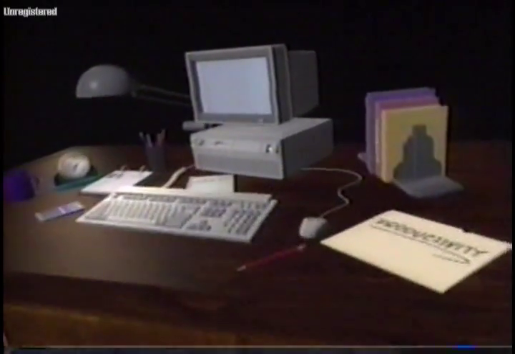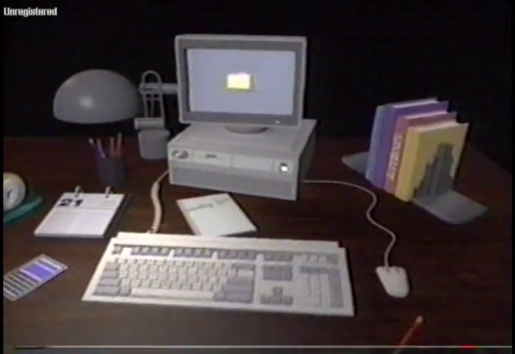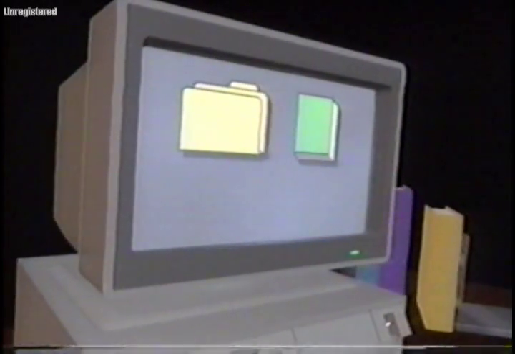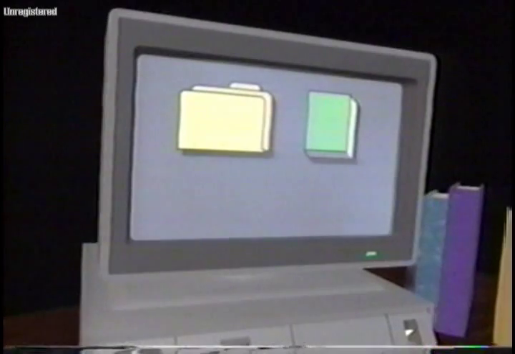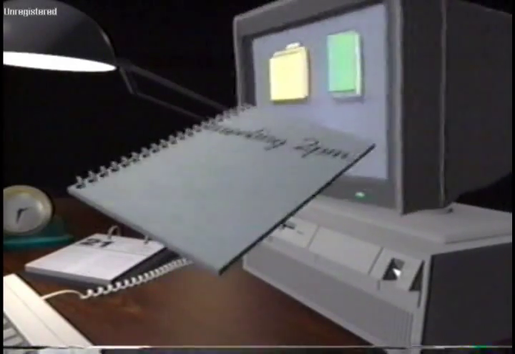The Workplace Shell is built around the model of a desktop. Things that you use in the office become part of your environment on the object-oriented desktop. Things like file folders, a letter that's placed inside a folder, or a reference manual. Practically any useful office tool can be represented on your screen as an icon or a small picture. This provides you with a visual way to tell your computer you want to perform tasks such as making notes in a notepad,